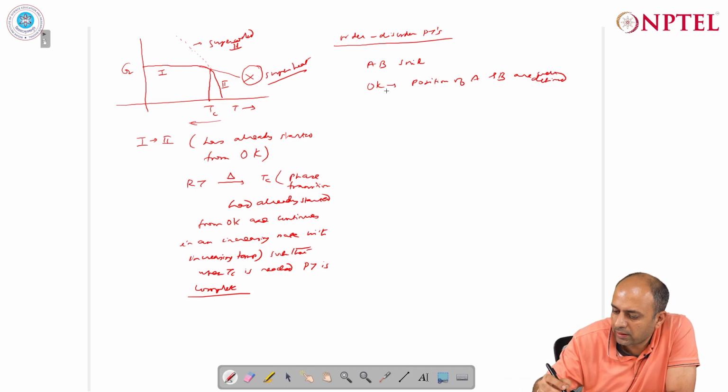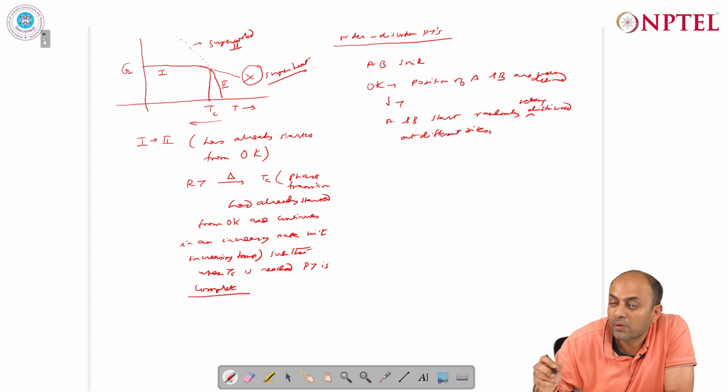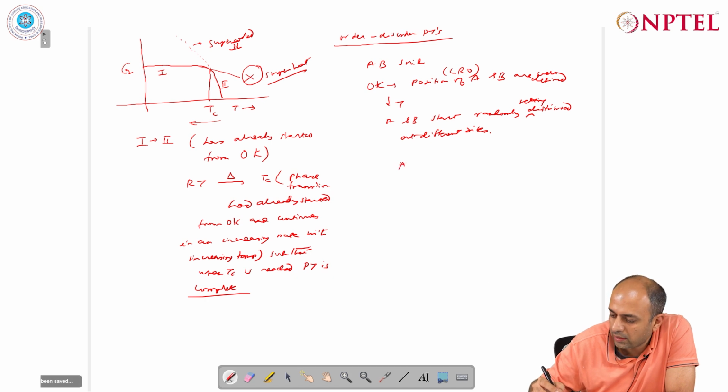But if you now start increasing the temperature, then A and B start randomly getting redistributed at different sites. So, at 0 Kelvin, the crystal structure was characterized by long range ordering, which we call LRO, and by the time we have almost reached the transition temperature, that is Tc, there has been an extensive redistribution of A and B at different sites,